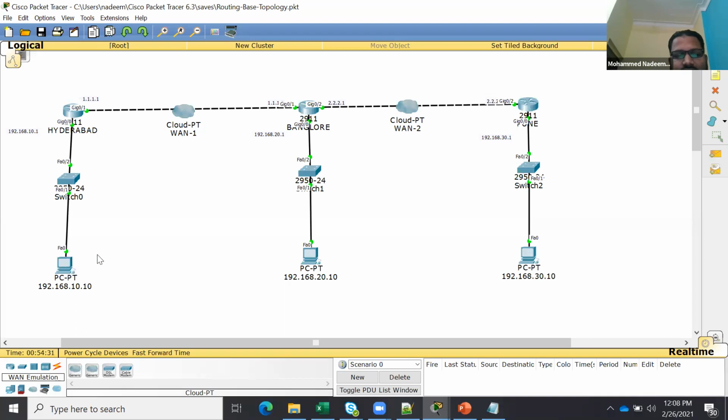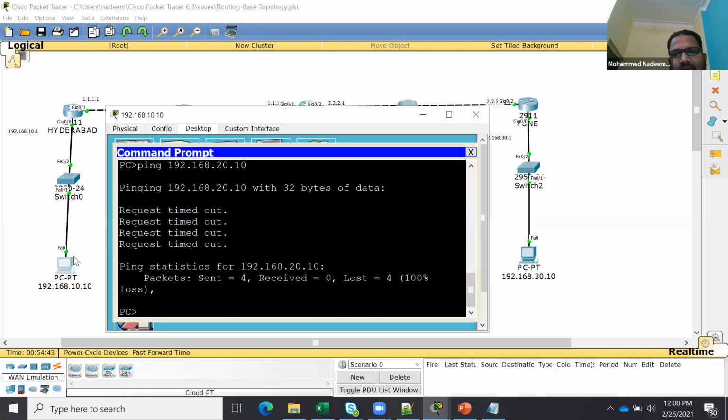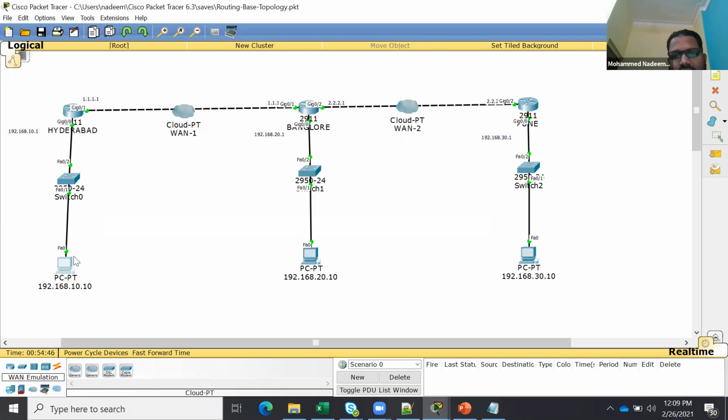Why? See, the traffic is going. It is going to the gateway, and from here to this gateway, and from here to there. But why is the request timing out? Who is blocking that? Someone put it in the chat. Gateway. Okay. So what happened is the traffic is going, but the Bangalore router doesn't know about the 10 dot network. The return traffic is not coming. Understand? The Bangalore router doesn't know about this one, right?